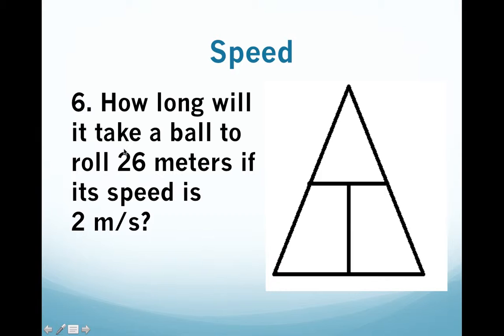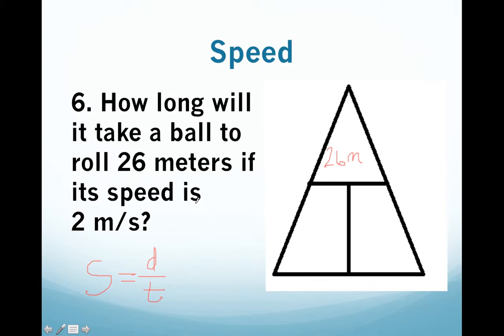Now this one's problem number 6 on the worksheet. That other one that we did was problem number 1. Okay, so for this one right here, again, how long will it take for a ball to roll 26 meters if its speed is 2 meters per second? So when I look at that one again, let's set up our pen. Speed again is equal to distance divided by time. Remember, distance is up on top, so I'm going to put 26 right here, 26